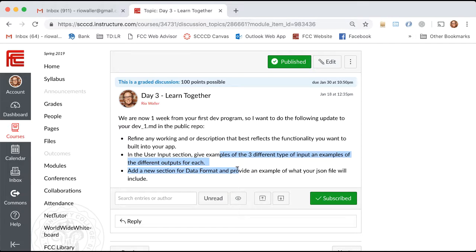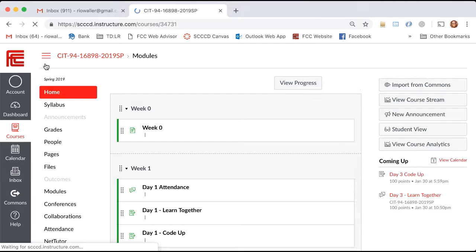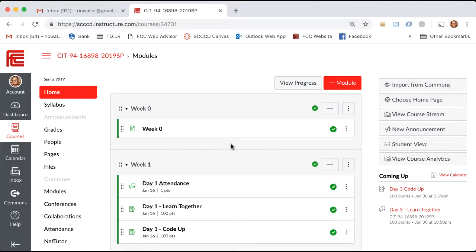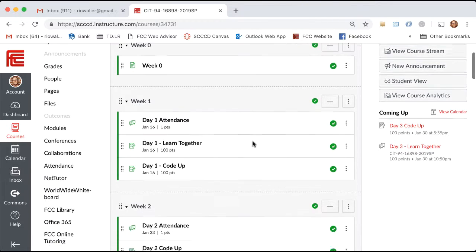They really make you go, okay, for the app idea that I have, how am I going to get input? What's that going to look like? And then how am I going to store that? Because thinking through those should save you some headache when you actually go to do it, right? Okay, so again, my hope is that this Learn Together work gives you a chance to do some thinking, or a thinking period about this work.